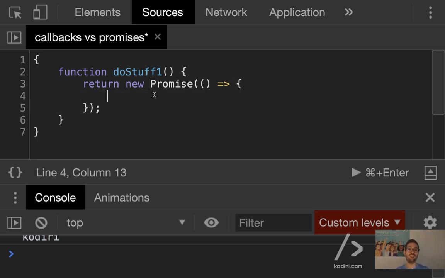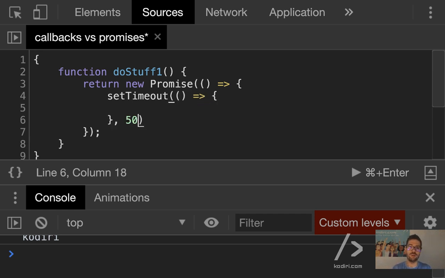Why? Because inside of this callback function, we can do whatever we want asynchronously. We can do the setTimeout after 1 second, or half a second, well, let's put 1 second, yeah? Then now we can finalize our function. How do we do that?